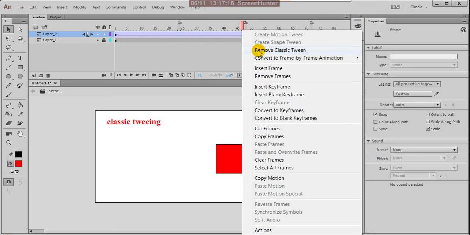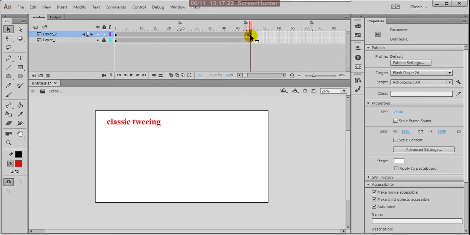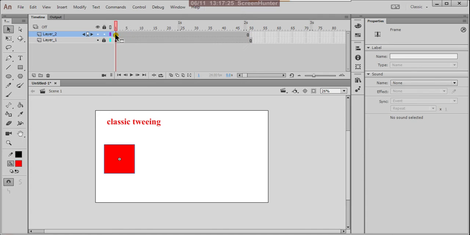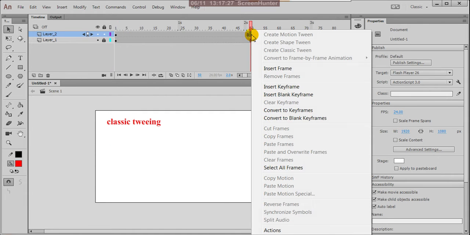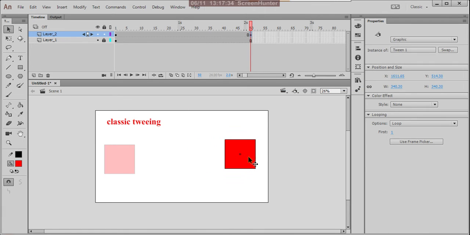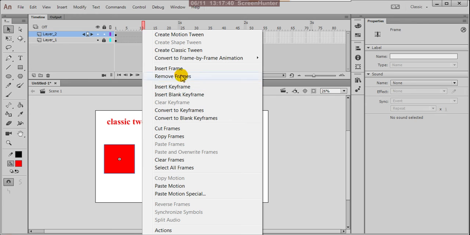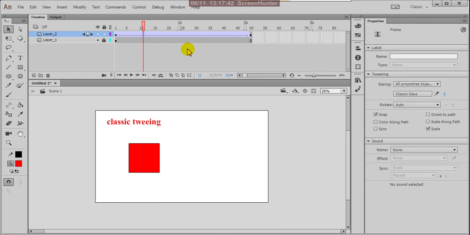I'll remove this classic tween, remove this frame, remove the frame, and now I'm starting again. Now you can create a classic tween. Click on the first frame.